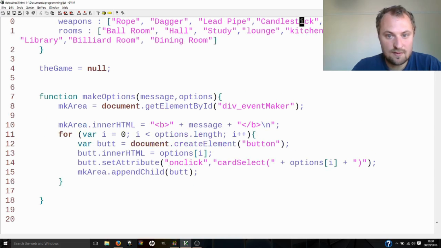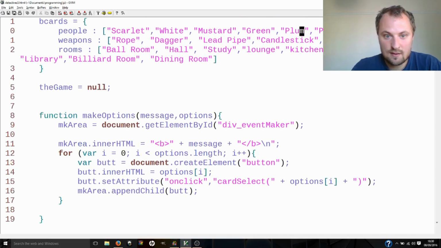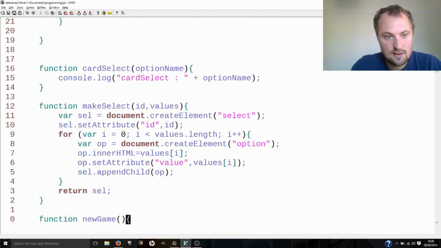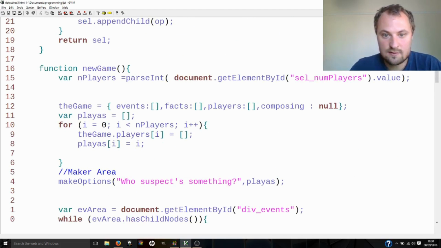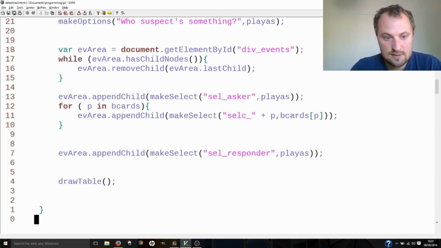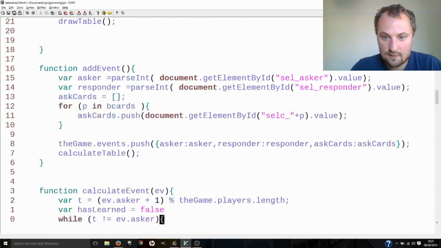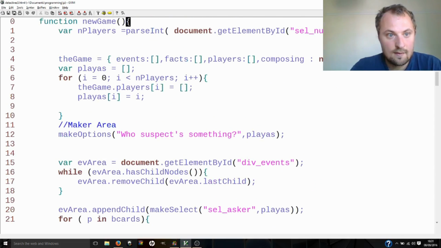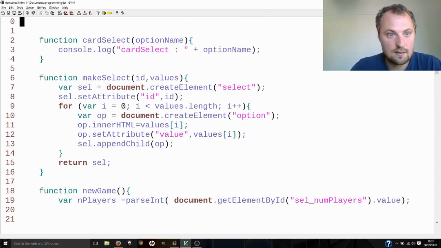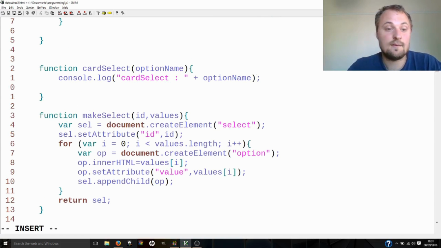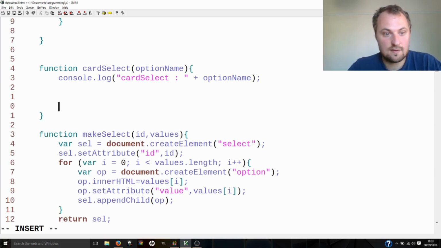we're working with an event that doesn't yet know. How are the events currently stored? Is it just, when we make an event, do we just have a list of cards involved in the event? Yeah, it's just an array of asked cards, isn't it? So in our card select thing, we no longer need this. What we need instead at the end of this is we're going to do